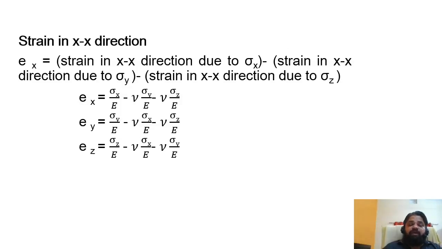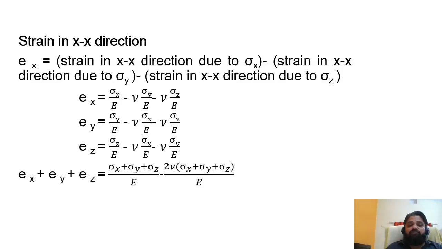Now why am I interested in writing this? Initially I started with a normal stress under a unidirectionally loaded condition. Now I load in x, then in y, then in z, and I superimpose all these strains, because the total volumetric strain EV can also be found in this form. That means if I add all 3 strains, Ex plus Ey plus Ez, they correspond to EV. I believe it is clear to everyone.